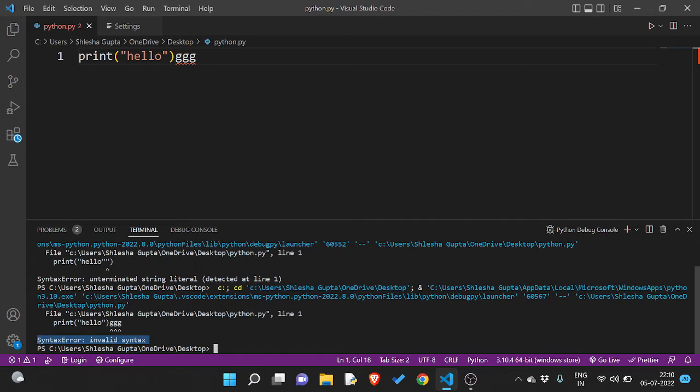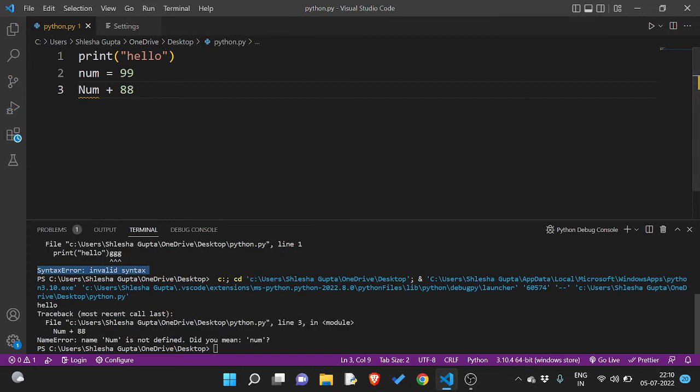Now let's talk about the second one, that is the name error. What happens is whenever we write the names of some variables, like if I've created a variable num that equals 99, and then I create another variable in which I write that we have to add triple eight double eight. So when I save it and try to run it, I would be getting a name error,